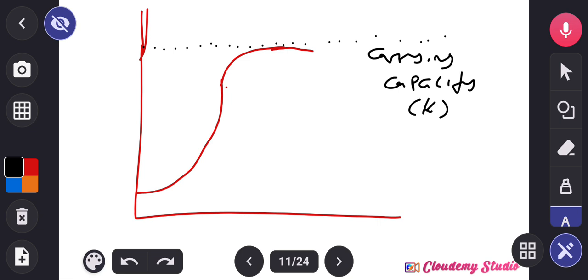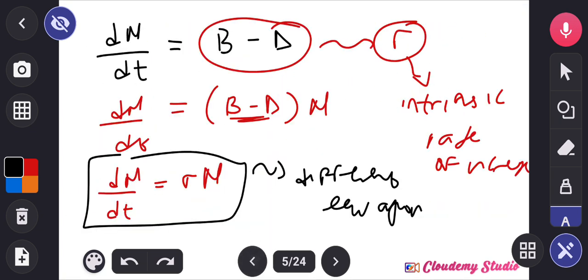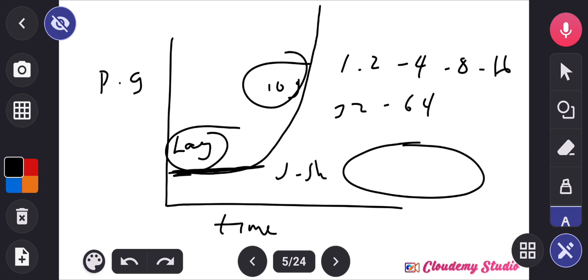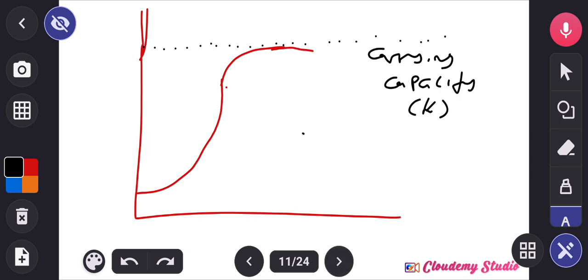Now, at this carrying capacity, it is not that the population cannot change again. Either the population goes straight, or it comes down, or it declines. You understand? The first one, which is exponential growth, is what we refer to as a J-shaped curve. It is J-shaped. You now see this logistic one is S-shaped. This one is S-shaped. Or we call it